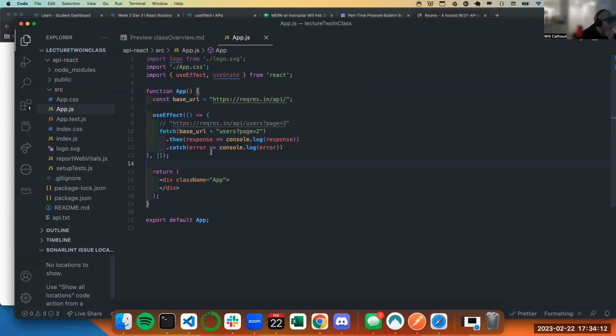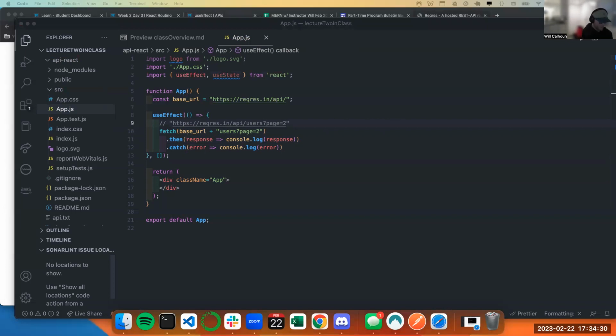Cool. So let's go ahead and spin this up. Again, once it spins up, what we should see is that this makes a request to here. We should either see a response or an error if our request works.